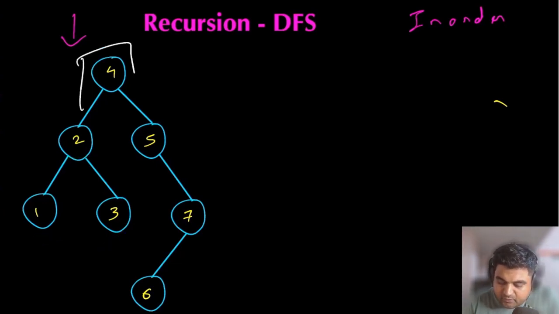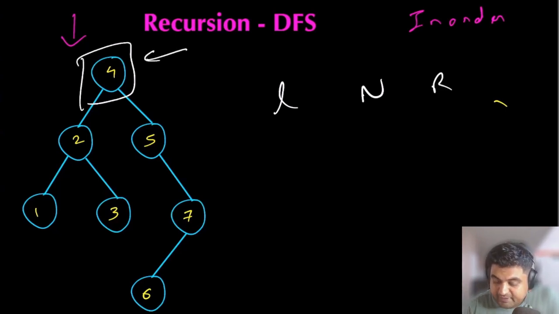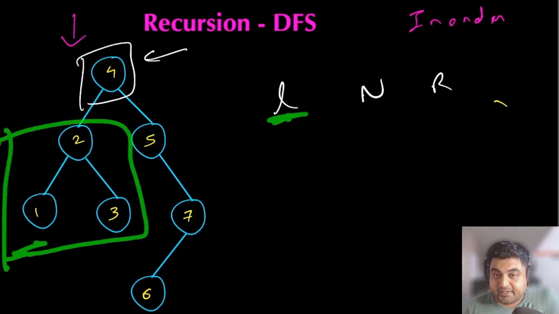So initially we are located at this first position. Now let me show you how the recursion is going to work for this tree using this root node example. Currently for this root node, we are going to apply the logic of left, node, and right. So first for this node, we will check whether it has a left child or left subtree. Yes, it does have a left subtree entirely.